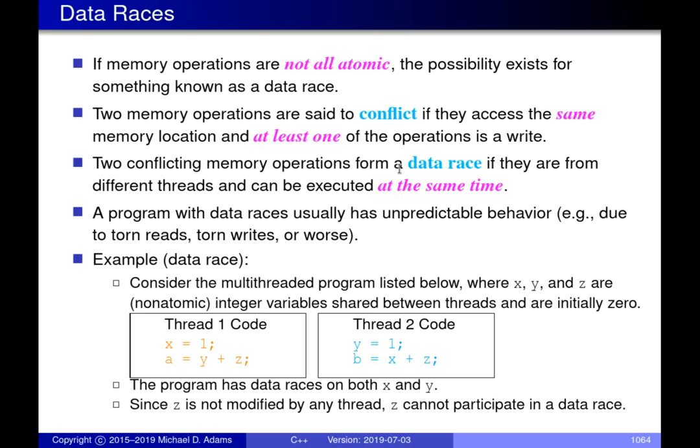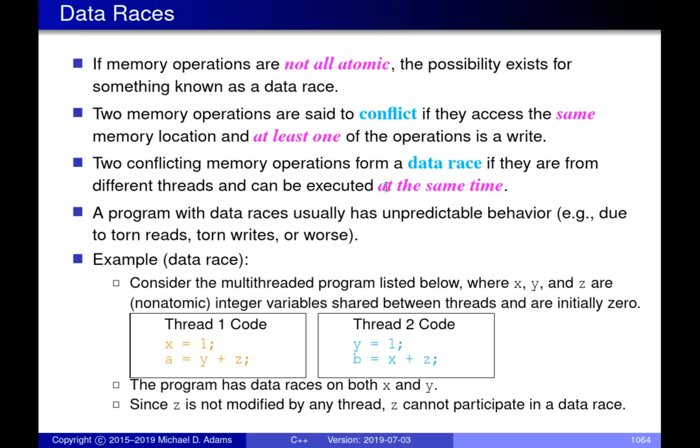If we do something like this, then we open up another sort of problem, which is what's referred to as data races. As soon as we have not all of the memory operations being atomic, we can have something called a data race. So what exactly is this? Before I can introduce the notion of a data race, I first need to introduce the notion of a conflicting memory access. If we have two memory operations, we say that they conflict if they're accessing the same location and at least one of them is writing to that location. This is critical. Someone has to be modifying the underlying data. So a data race is simply a conflict. If you have a conflicting memory operation, it forms a data race if you have different threads performing the memory operations, and it can happen potentially at the same time.